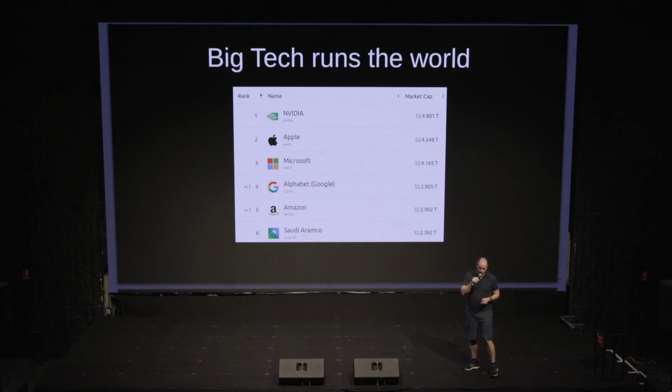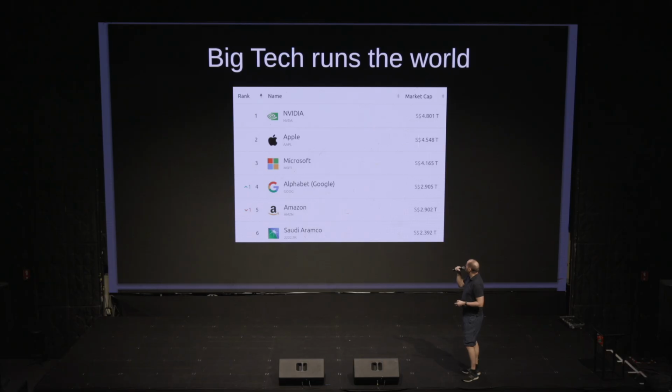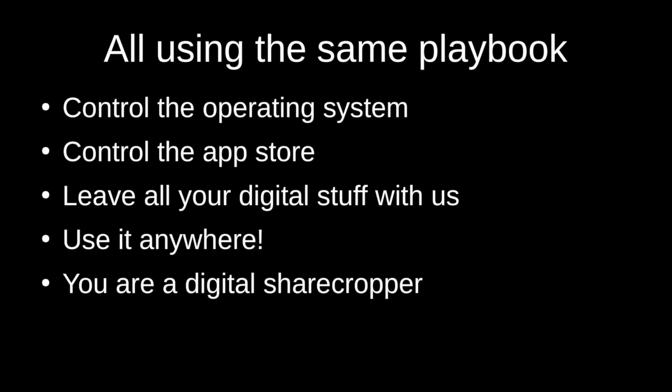Top 5 companies in the world by market cap: NVIDIA, Apple, Microsoft, Google, Amazon. And that's changed over the last 10, 20 years, right? It used to be Saudi Aramco and big banks and so on. But if you look at these big companies, it's all the same playbook, right? They want to control the operating system. They want to have an app store on it. They want to force all of the commerce through their app store to have the 30%. Thank you very much. Just leave your things with us, right?